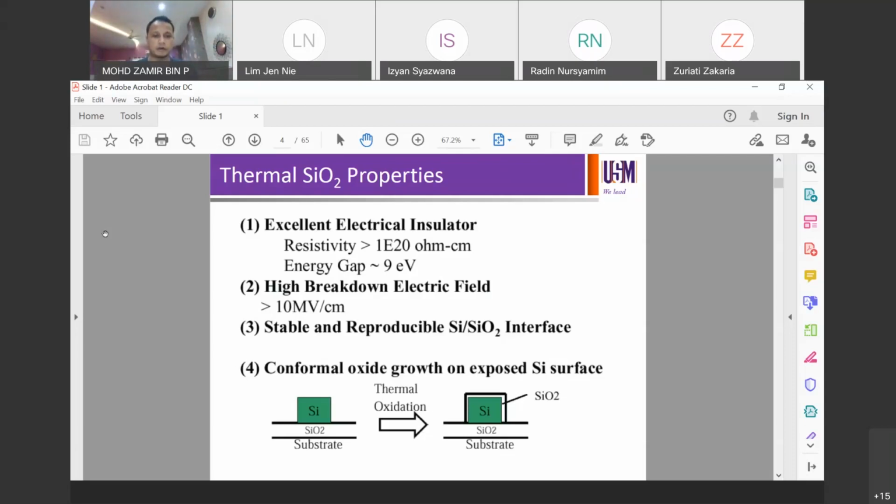Right. The fourth one is conformal oxide growth on exposed silicon surface. You also want to have, if you look at the images down there, if you have your oxide below silicon, then you have a silicon feature there, and in some cases you might also have to grow a conformal oxide on the square of silicon on the silicon feature. So it's quite challenging if you're working with such a feature, because you want to have conformal growth, and if